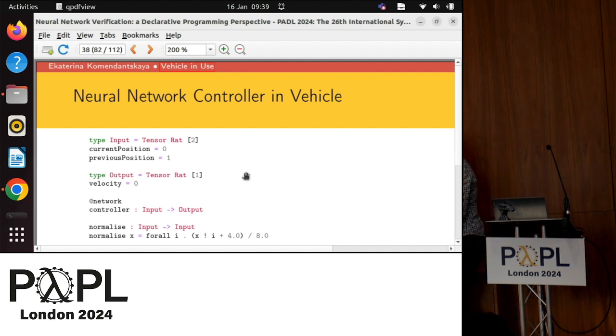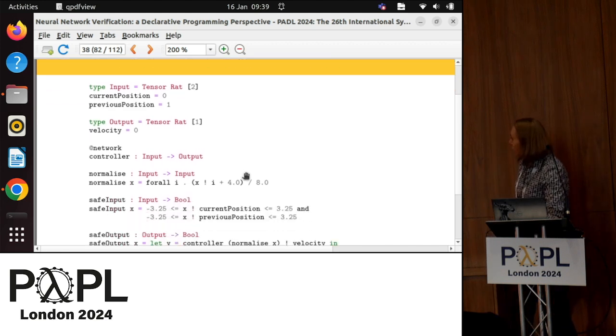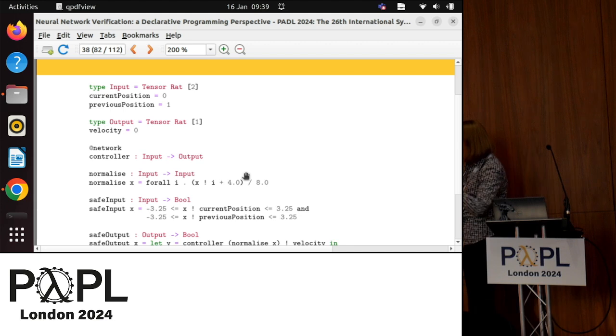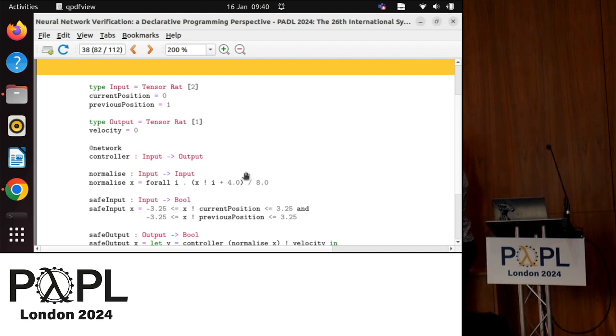The network next that you see is called controller. It's from the type input to the type output that we've defined. This language has this at sign, and this is for integrating all external tools. Whenever you see the at sign, it means that it will pass this information somewhere, to Python, to a verifier. There will be some